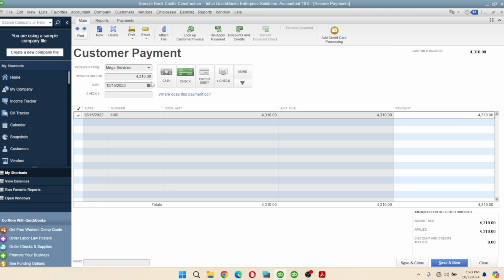But if the person did not pay you in full, what you need to do is put the amount the person paid. Let's say the person paid 2,500, on which you can use this check number. You can use it if the person paid through check or through credit card, you can select. But let's say the person paid